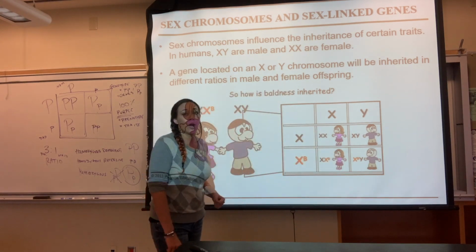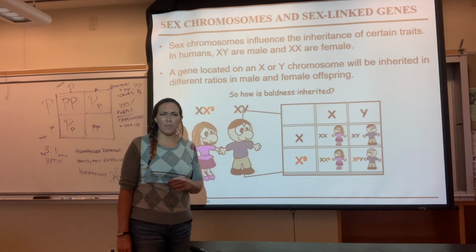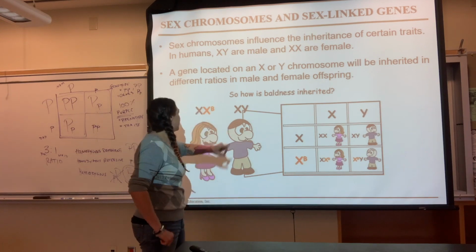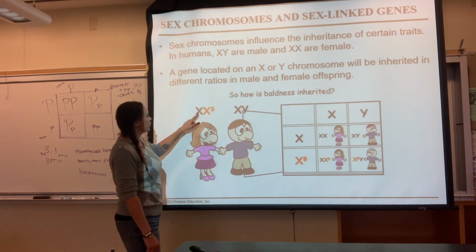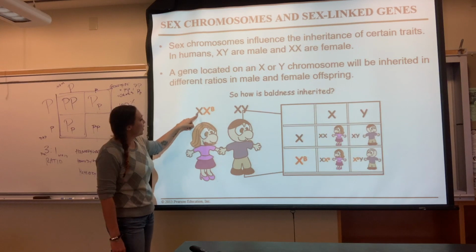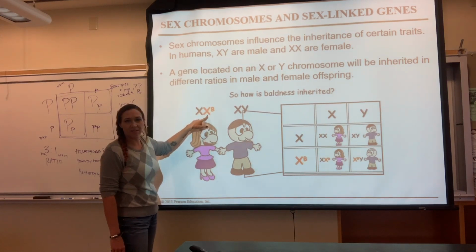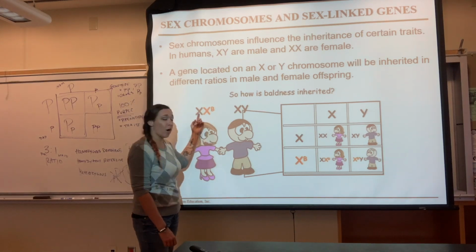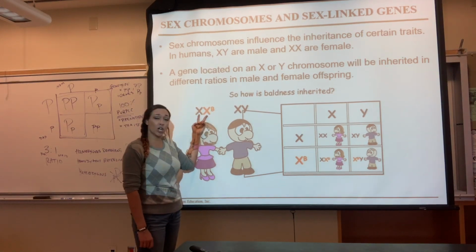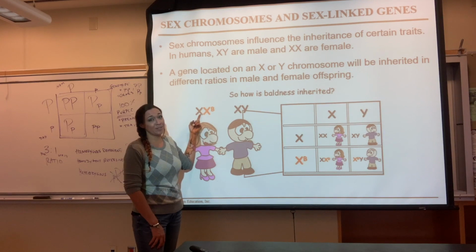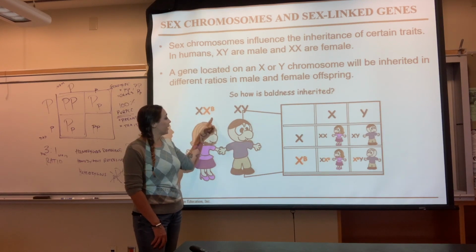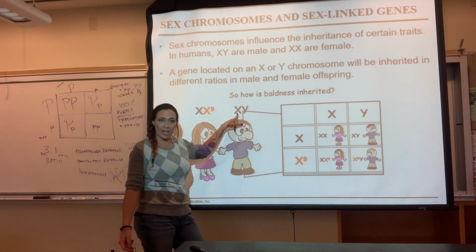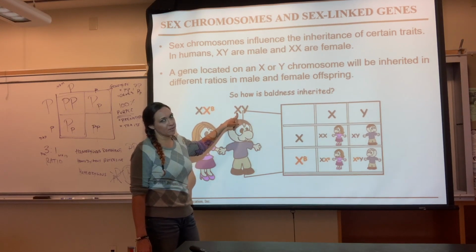Example, baldness. Maybe you guys have heard that baldness actually comes from the mother's side. Well, here's how this happens. Say the baldness gene is on this little X right here. So she has one normal X, and then she has this gene for the baldness X. Well, the baldness X is a recessive gene, meaning she has a dominant one and a recessive gene, making her heterozygous, but she doesn't show bald. She's a carrier for the bald gene, but she doesn't show it. Now, the husband has a normal X, but he only has one X because he's a man.